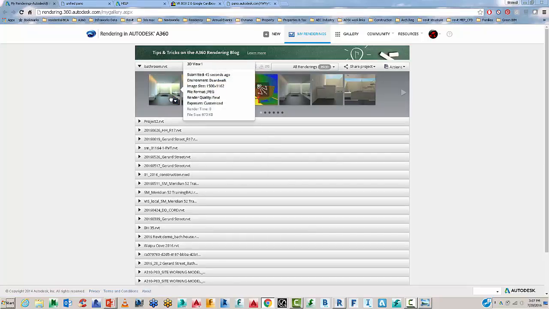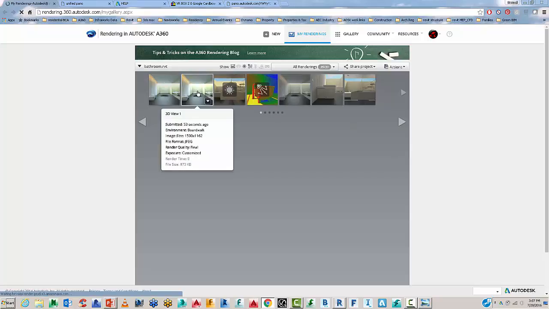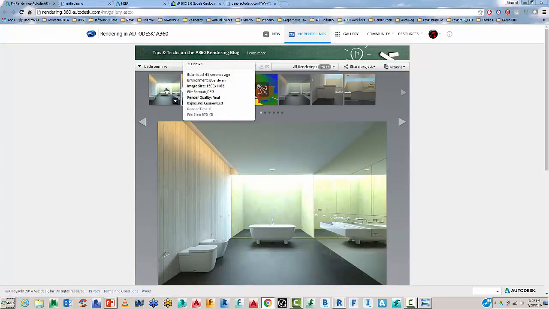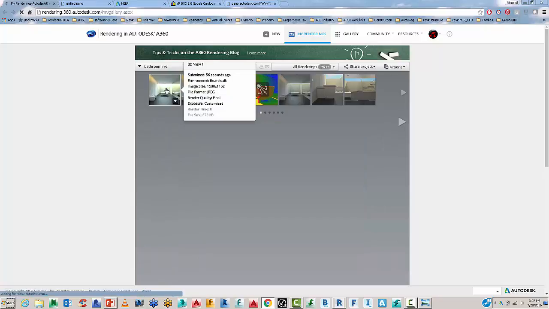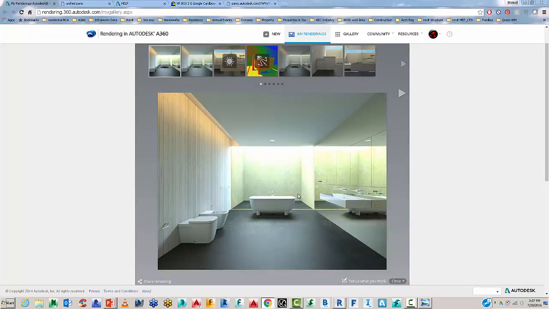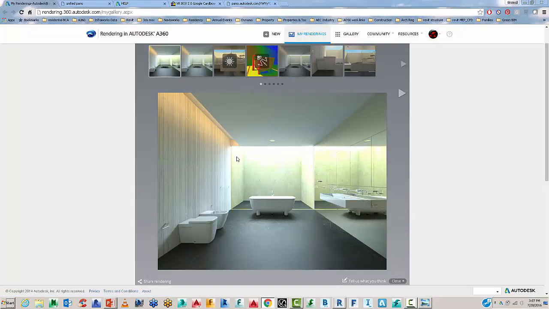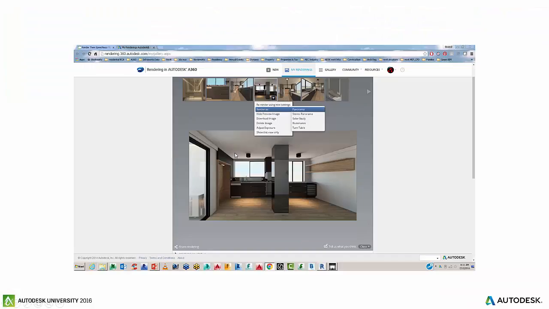So here we have both the first image, sorry, that's the customized one there, and that was the one before. So there's the customized one which I brought up. You can see the adjustment in the exposure versus the original render. And that's a little bit dark, a little bit flatter. All comes down to personal preference. So with that,